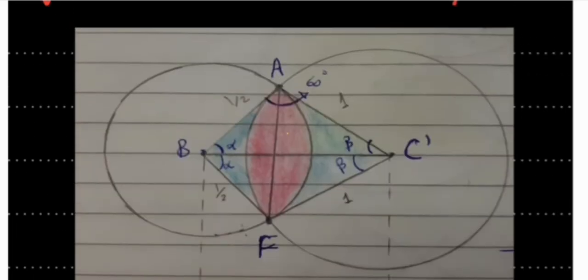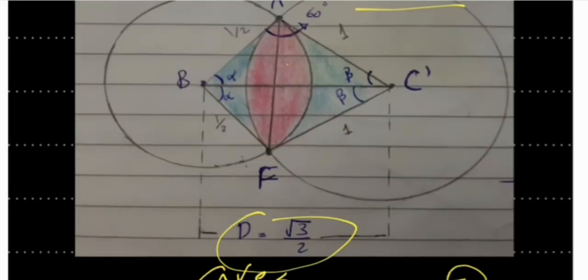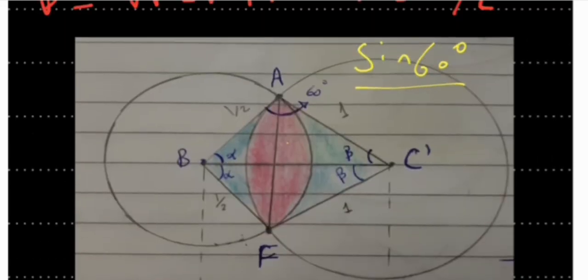Well, you have over here 60 degrees and this is the side that is opposite, so you'll have that sine of 60 degrees divided by the opposite side, square root of 3 divided by 2, must be equal to